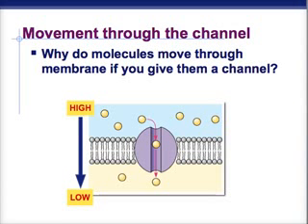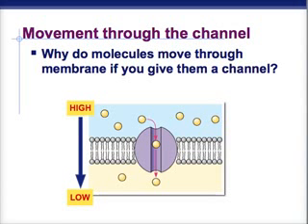So then our question becomes, why do molecules move through the membrane if you can give them a channel? This is primarily because, as you can imagine, the channel gets backed up similar to a traffic jam. The cell, however, requires large amounts of certain molecules, and therefore you could not get them through the channel fast enough. When the cell is in need of large amounts of molecules, it moves through a gradient from high concentration